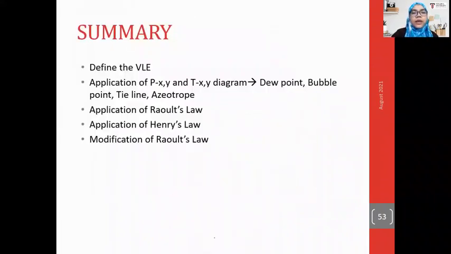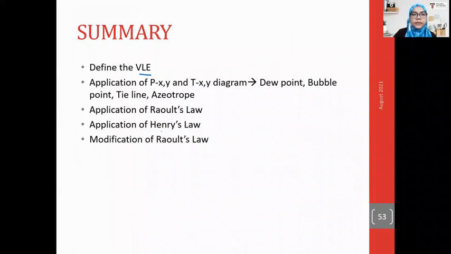Okay, in summary, you are able to define the VLE. What is the VLE? You can apply the P-x-y and also the T-x-y diagram in describing the dew point, bubble point, the tie line, and the azeotrope. We have also gone through the application of Raoult's law and Henry's law, as well as the modified Raoult's law. Okay, for the next topic, we will move to more examples related to the